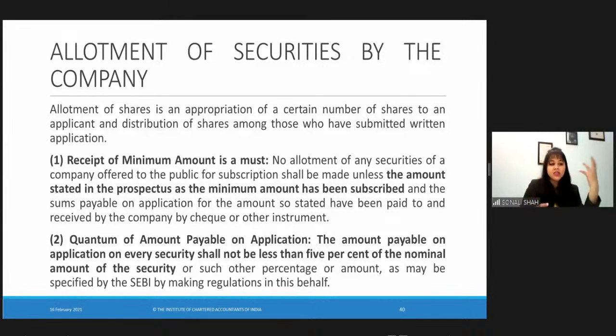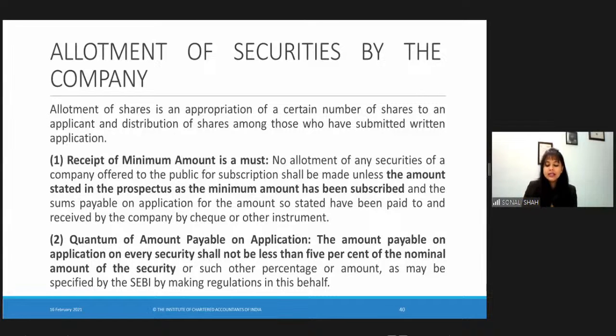So there is a list of steps. The first step that we talked about was the drafting of the prospectus. Once the prospectus is drafted, it has to be filed with the registrar. Then it is published, inviting offers from the public for the purchase of shares in the company. Now, what will the company do? The public will study the prospectus offered by the company, and based on the offer, they will put in the application for subscribing to the shares of the company along with the application money.